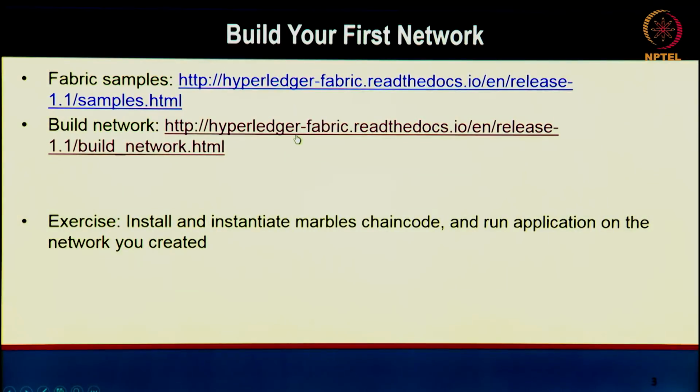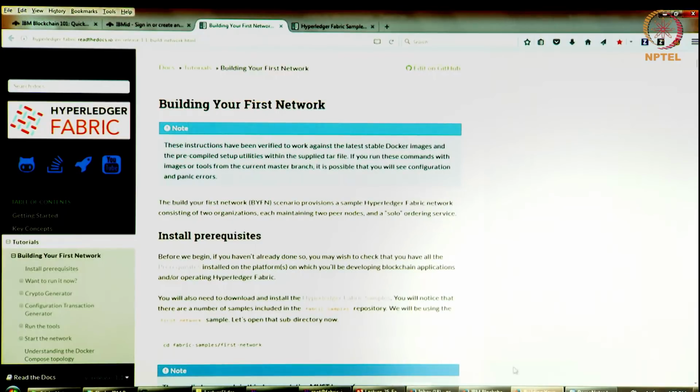So let's get started. A couple of links for how you can build your own network. I'm going to start from this link on building a network. But once we are done here, I would encourage you to try and install an application on top of the network that we're going to build. For instance, I'll show you where the marbles chaincode is, and you can deploy that same chaincode on the custom network that you've built on your virtual machine. So let's start with the instructions on how to build your network.